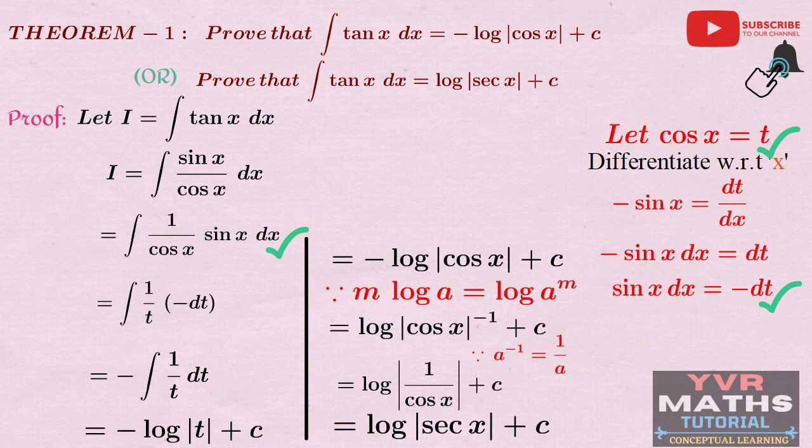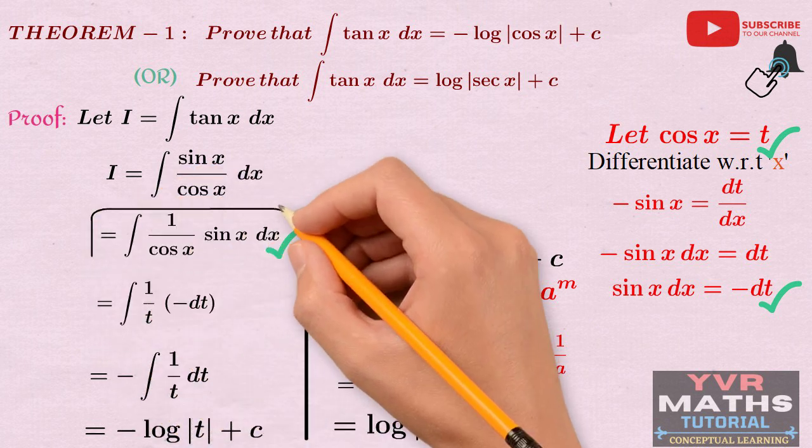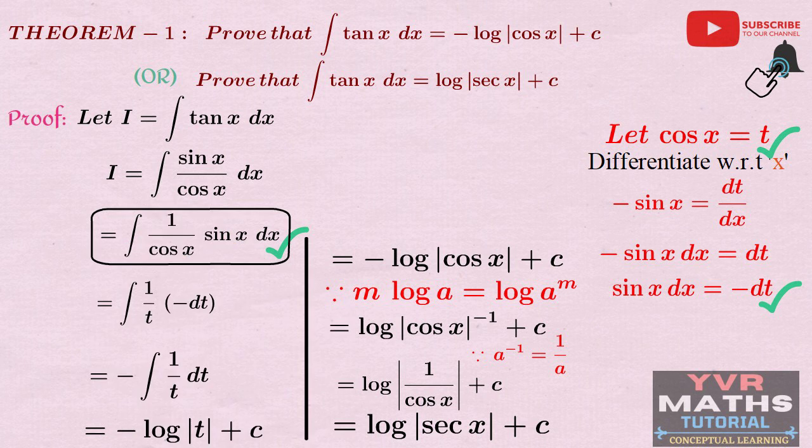Without doing this lengthy process, we can find the integration of tan x dx by using the theorem which we discussed in the previous slide. So see here how we can use the previous theorem for this result. If we observe this step, the denominator part derivative is in the numerator. So what is the theorem statement we discussed there? If the numerator in the integrand is the exact differential of the denominator, then its integral is the logarithm of the denominator. So that is the statement we discussed in the previous slide.